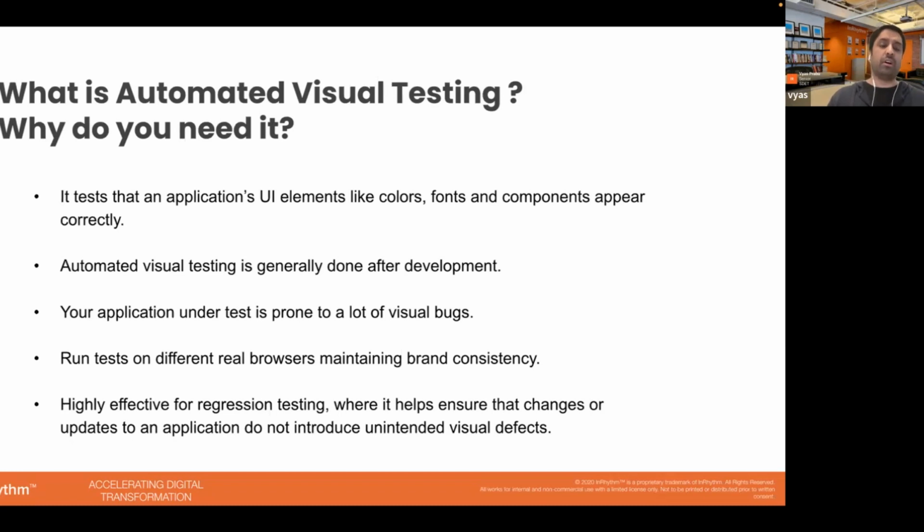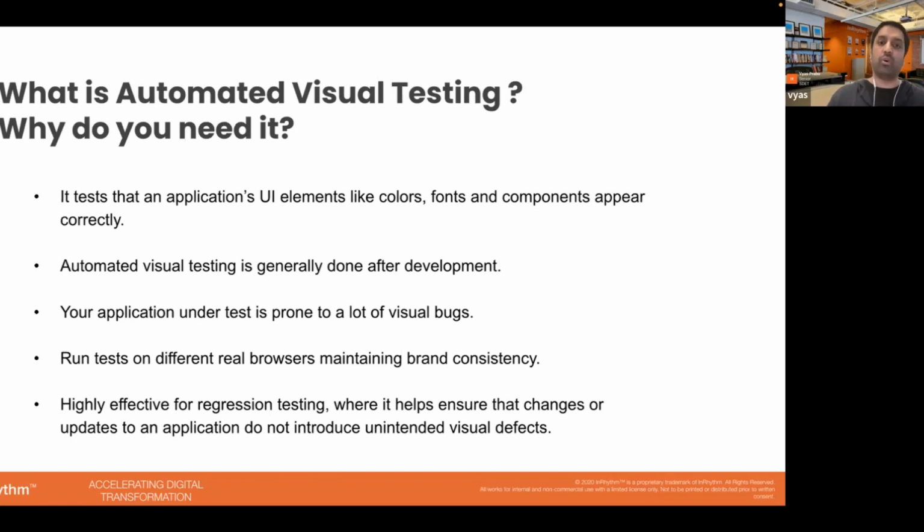Automated visual testing is generally done after development. Unlike traditional functional tests, where you can apply techniques such as test-driven development to write the test first, it'll fail because there's no code. You write the code and then update your test so that it passes. Unlike functional tests or unit testing, automated visual testing is generally done after development. You have to make sure that your web application or your mobile application is either hosted in a QA server